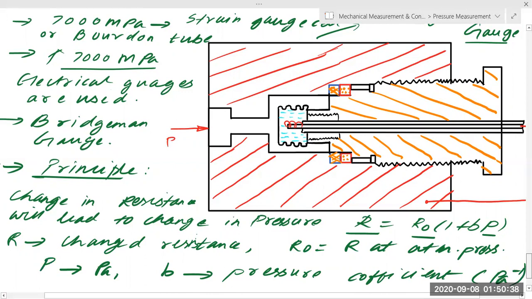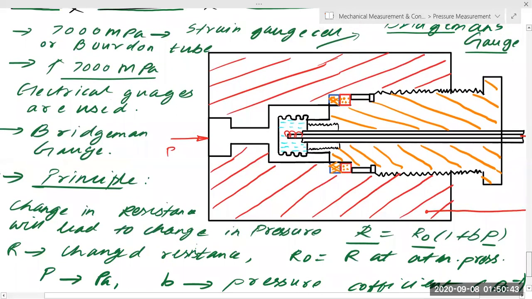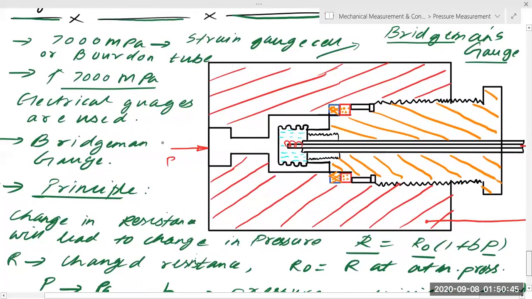The name of this gauge I have already told you, it is called the Bridgman gauge. Now I'll go to the construction. I'll explain all the construction here. There will be some kind of application of pressure from one end of the Bridgman gauge. This end is open. It is connected to what looks like bellows. There is a series of bellows attached together. There is also oil inside the bellows, kerosene oil or any oil you can use.